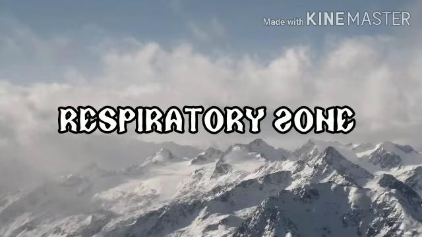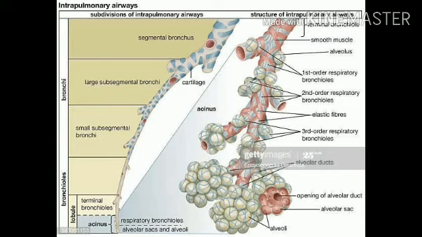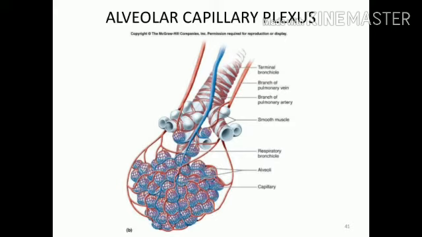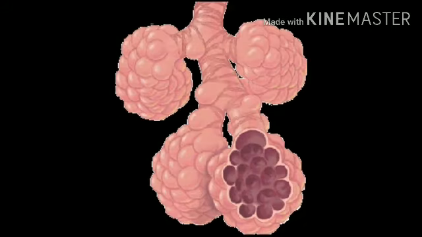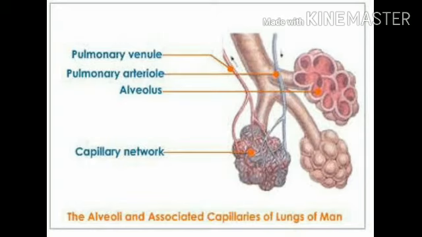We are discussing the respiratory zone, the structure of the respiratory zone. The alveoli. The respiratory zone, which starts from the respiratory bronchioles, consists mainly of millions of alveoli. An alveolus consists of type 1 cells, that is the squamous epithelium, and the basal lamina, scattered among the type 1 cells, and type 2 cells, which are called cuboidal cells, which secrete surfactant. Macrophages destroy foreign materials.